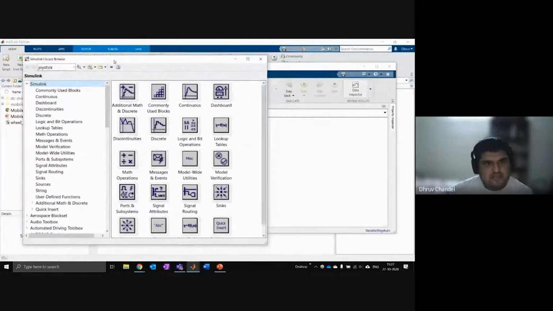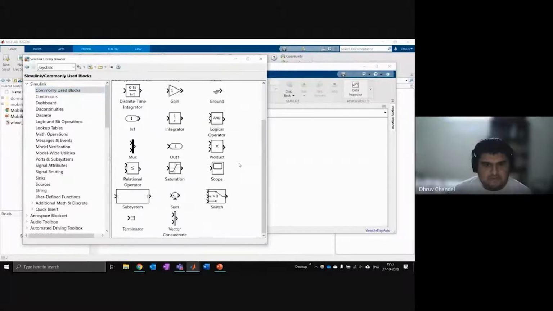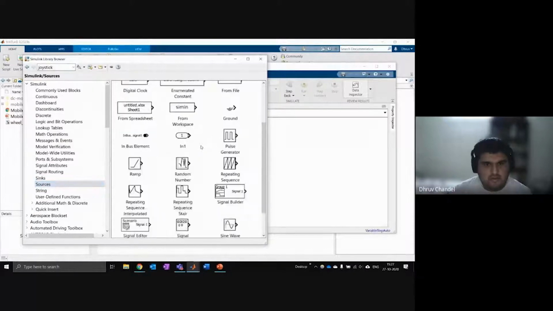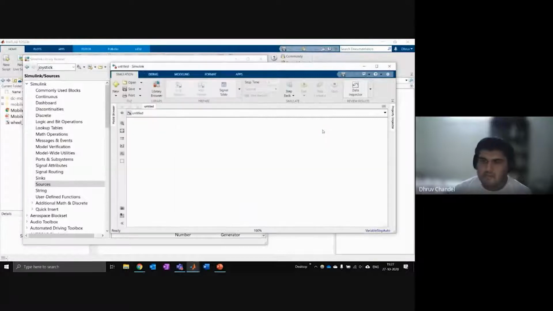The first thing to understand is that in Simulink, you have these blocks. And each block will have an input or an output arrow or both of them. So you put some signal into the input arrow. The block does a certain mathematical computation, and then you can get the result from the output arrow. So for example, if I go to sources, this library down here, and I go to a sine wave block, I can just drag and drop this here. So this sine wave block appears.